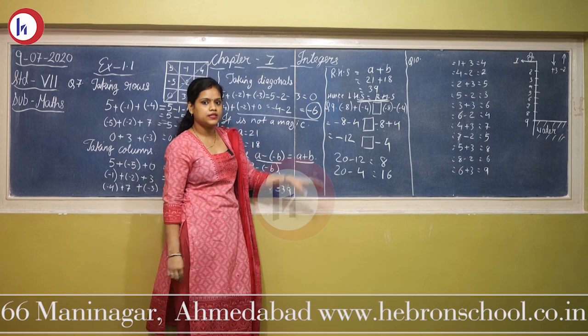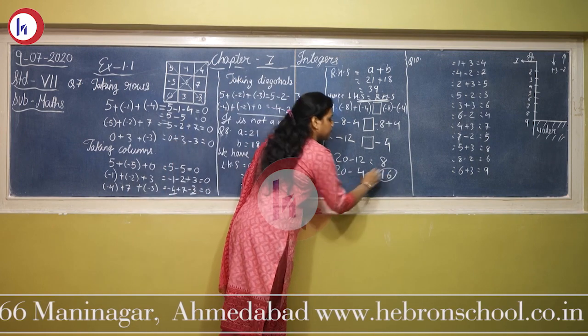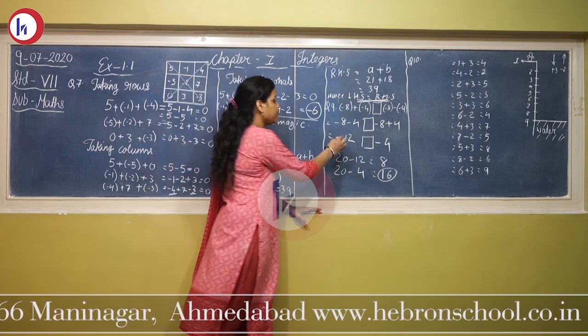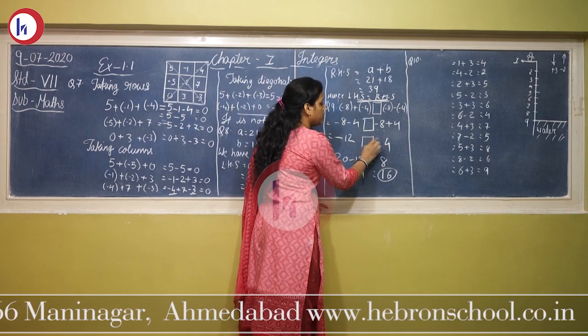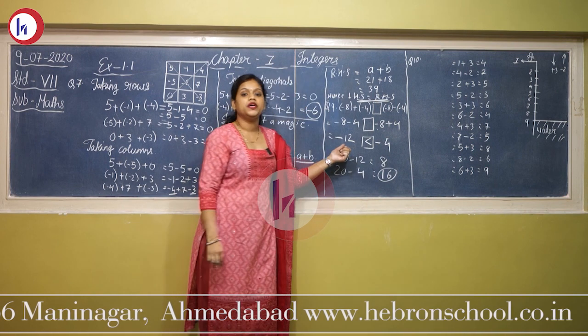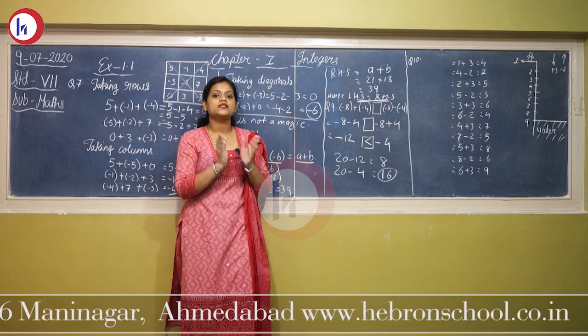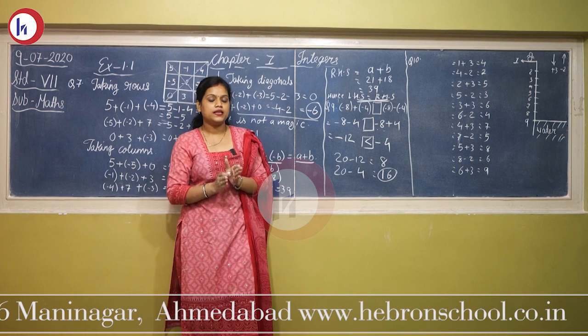Now tell me which one is greater? You know this is greater. Understanding? So the same way it goes with the negative sign. Always with a negative sign, the smaller number is greater than the bigger number. Remember that. The smaller number is greater than the bigger number when there is a negative sign.